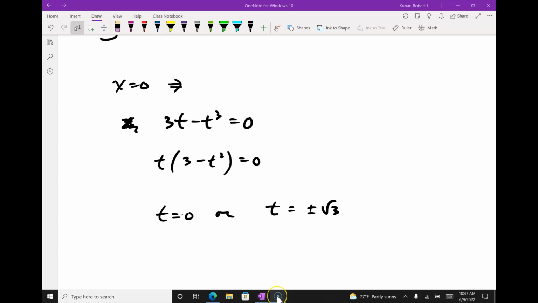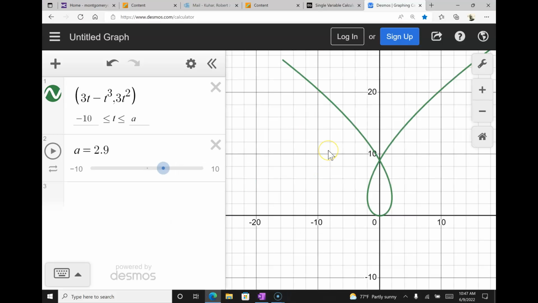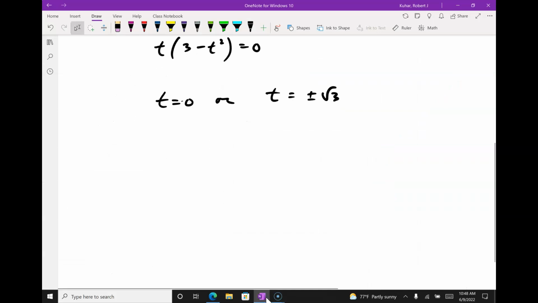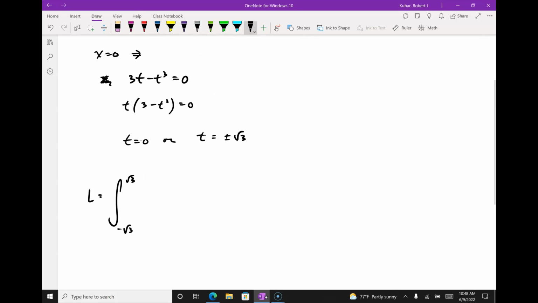It should be pretty clear when I look at that graph that t is 0 at the base of that loop, right? So my whole loop should be going from minus rad 3 all the way to rad 3, right? So we're getting the length from minus rad 3 to rad 3 of the square root of,